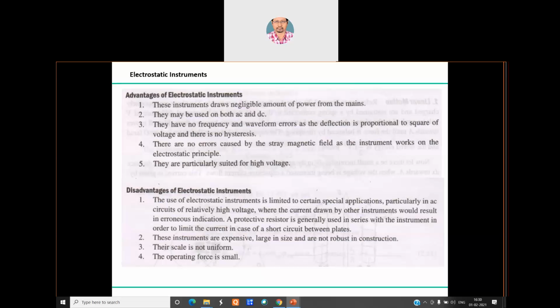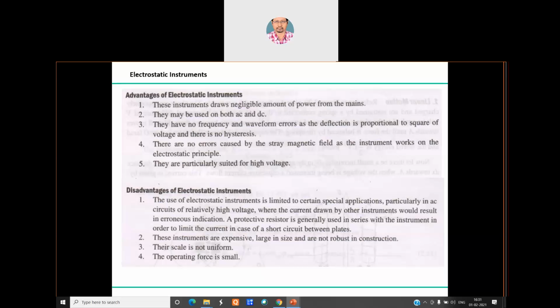These kinds of instruments are particularly suited for the high voltage environment in transmission lines, distribution lines, and so on. But nowadays, just for your information, it is not in your course, it has been replaced by the new technology called Hall effect transducers. So we widely use them for current and voltage measurement as far as high voltage lines are concerned, rather than using these traditional electrostatic instruments.